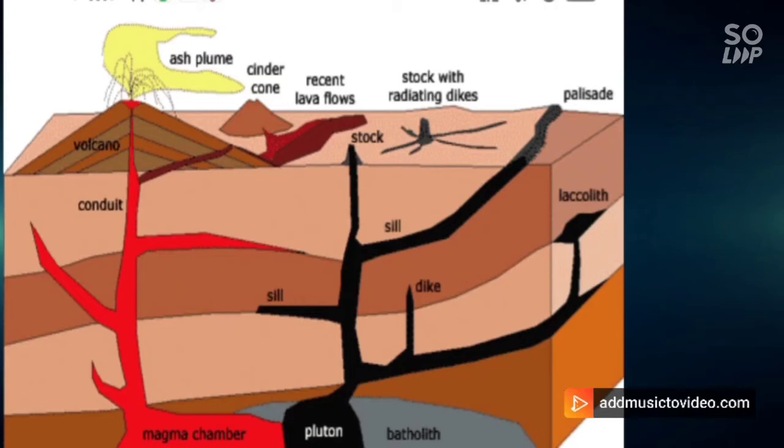Based on the place and shape, intrusive rocks and extrusive rocks are divided into different types. So let's first take intrusive igneous rocks. First is plutonic igneous rocks, which are the intrusive igneous rocks that form at great depth. You have a magma chamber, and above the magma chamber you usually see rocks getting solidified. Plutons are the deepest ones in the intrusive igneous rocks.